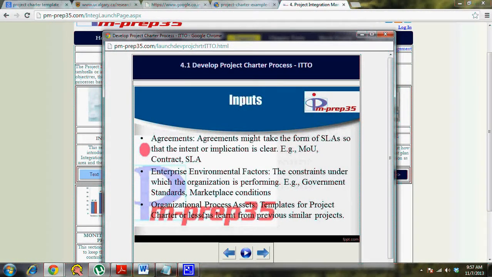It can be government regulations, it can be the organization structure as such, which might affect the project in terms of approvals and things like that. So these have to be factored in when you create the schedule as such. So those things are also taken care when you have to come up with the project charter. Because when you are dealing with schedules, budget and things like that. So from the PMP point of view, the enterprise environmental factors and organizational process assets are two inputs which will be used in most of the planning processes, and because this is initiating process which is before the planning process, they are an obvious input for these two processes.